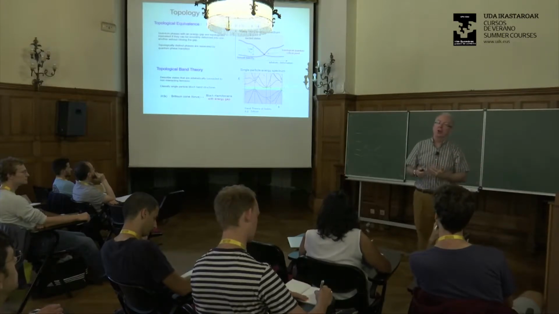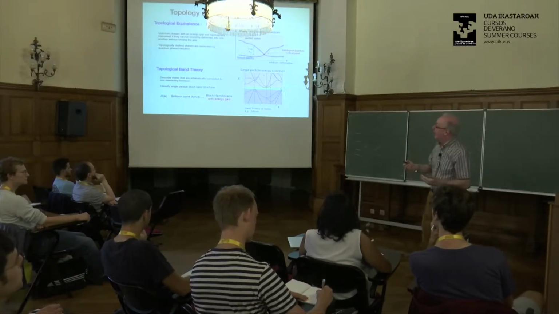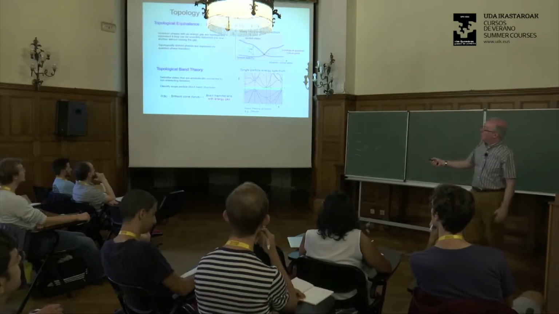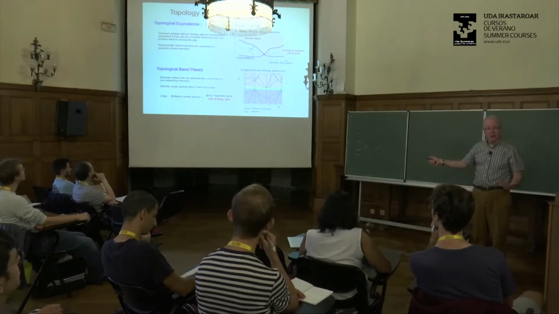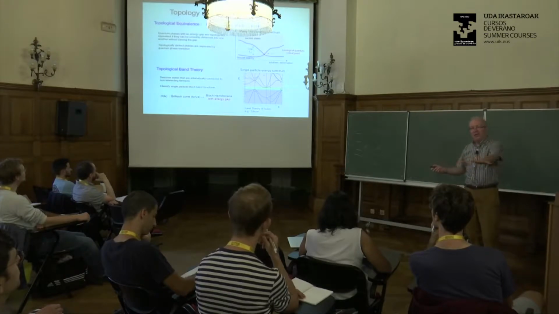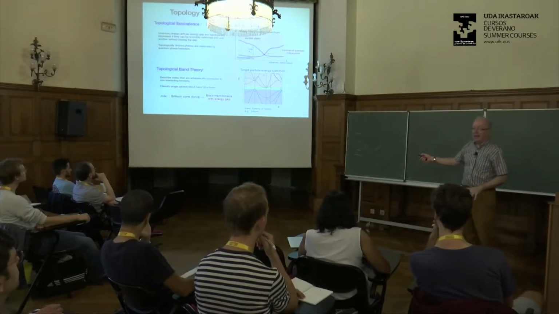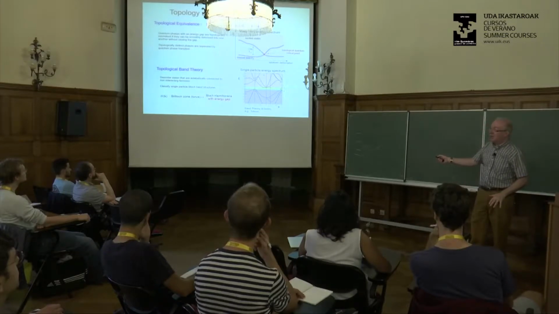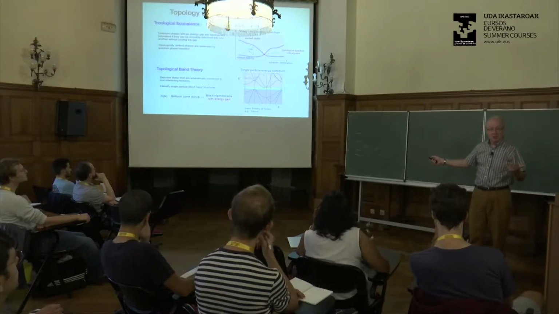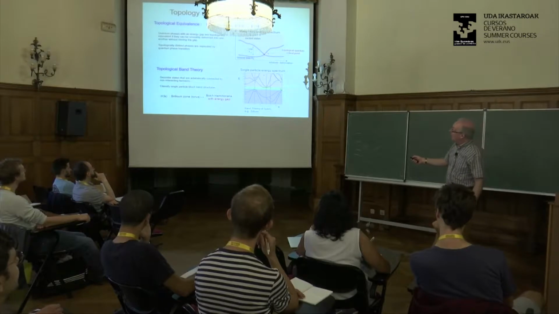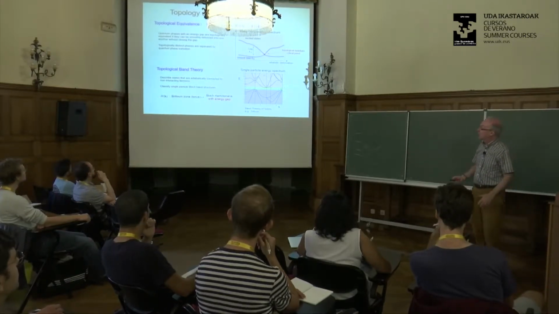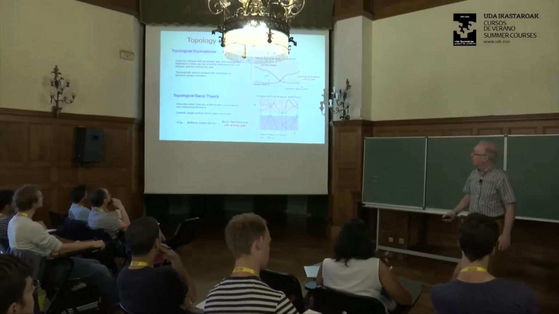Okay, and so if you have eigenstates that are related by this adiabatic continuity, then that gives you a notion of topological equivalence. Okay, and so if you have a quantum phase of matter, a phase of matter that has a ground state and then has excited states that are separated by an energy gap, if you deform the system and you stay in that ground state, then you can say that you're staying in the same phase. Okay, so quantum phases with an energy gap are topologically equivalent if they can be smoothly deformed into one another.